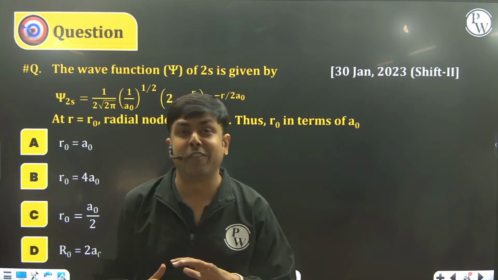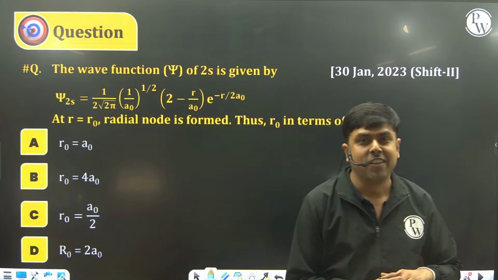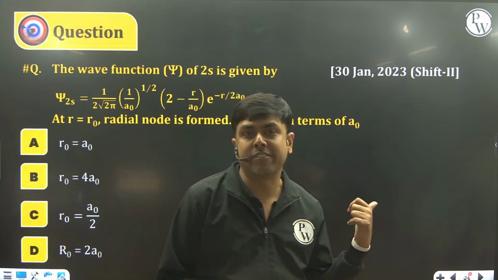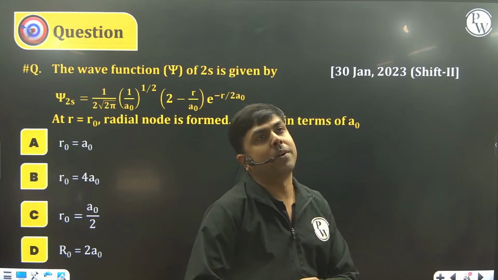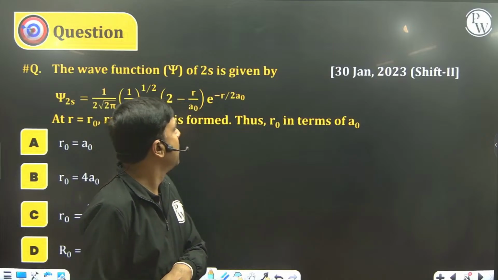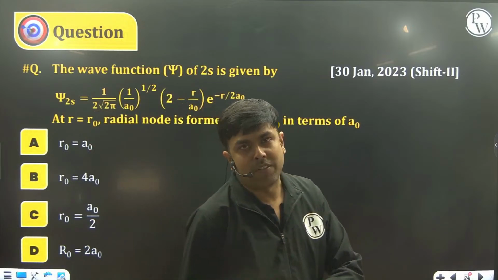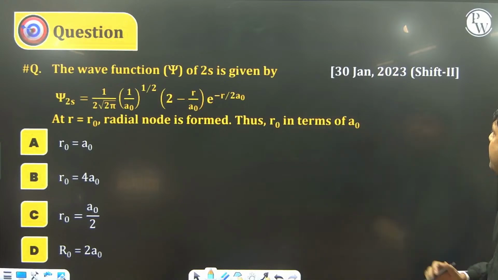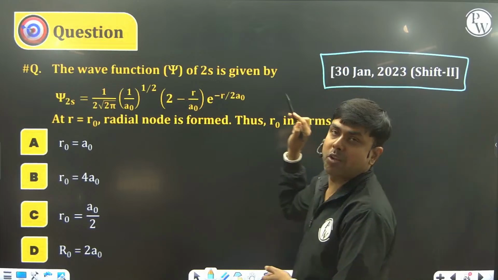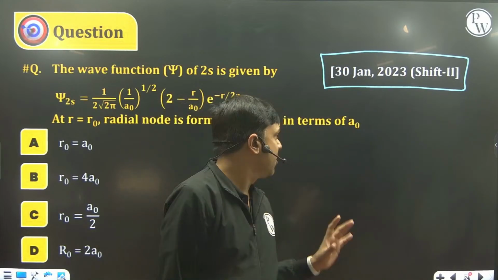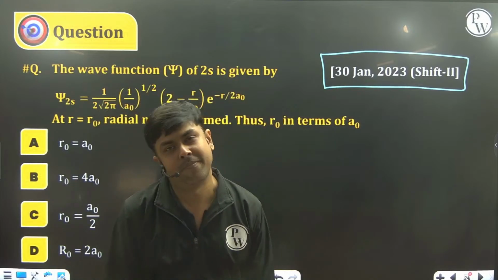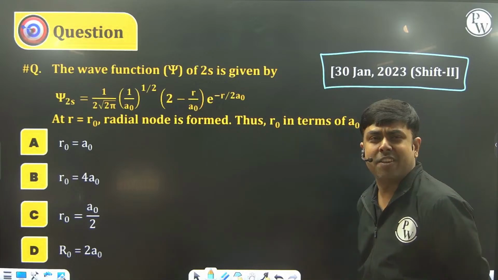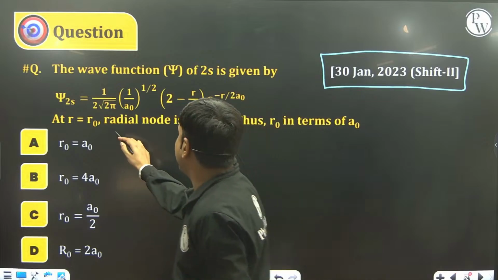Now, once again, a very typical question. This particular question was asked even in JEE, IIT, I can say right now it's the advanced paper. It was asked in the advanced paper way back in the year 2004. Again it was asked in 2017, similar pattern, 2017, 2018, and then even in JEE Mains. Even the data given is the same. Can you solve it? A very important and standard one. Very easy one, right? We need to calculate radial nodes.